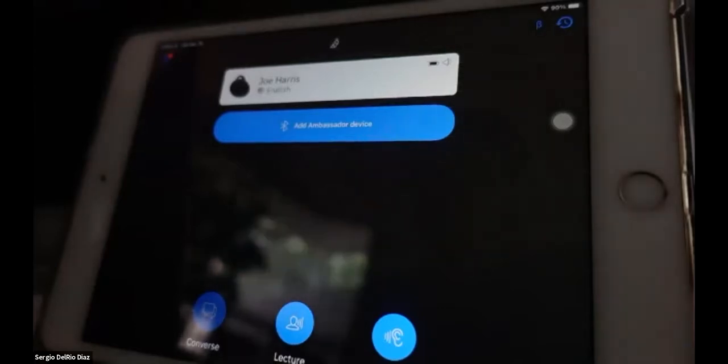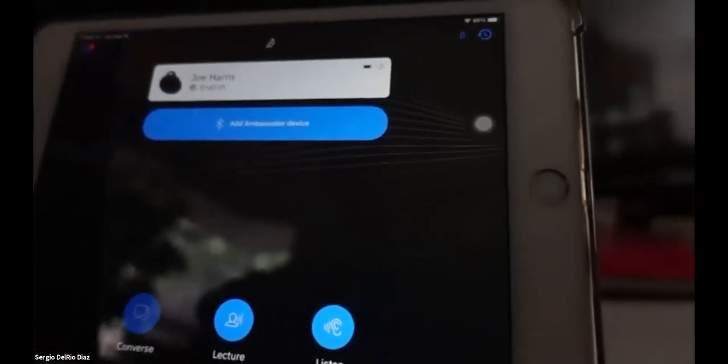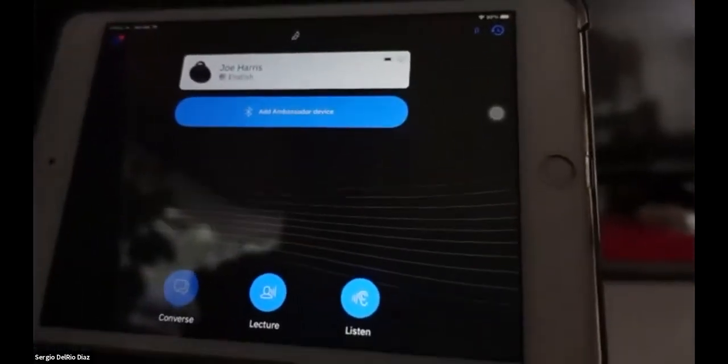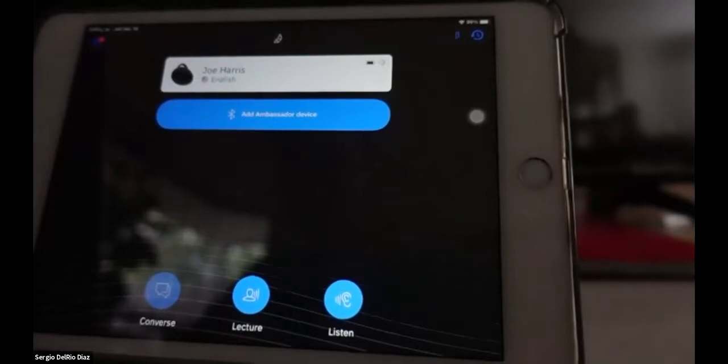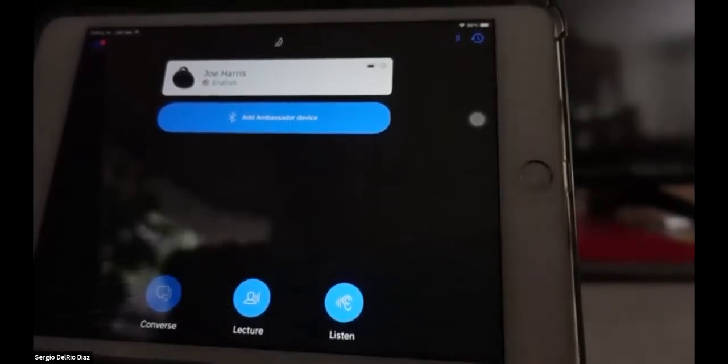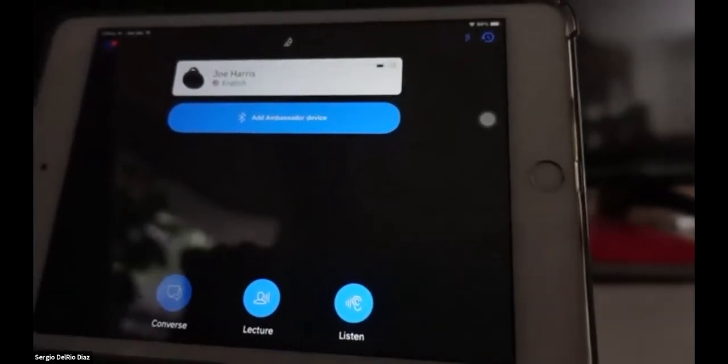And just for quick reference, we have 3 modes. We have converse, which will allow you to have a conversation between different people, between different languages. Let me rotate the camera a little bit. So, for a meeting, for a business, for training, for classes, that's perfect. We also have lecture, which we're actually going to show you right now in a second.